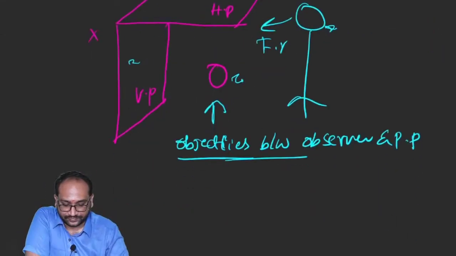Now we will discuss first angle projection very briefly: on which plane front view is projected, on which plane top view is projected, on which plane side view is projected, and what are the notations, what are the principles. Now coming to first angle projection, this is a very important concept. Some important points in first angle.